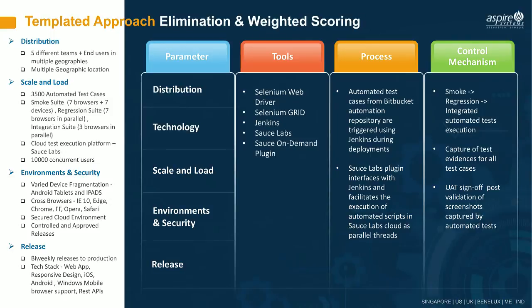And from the testing point of view, the volume which was to be tested was around 3,500 to 4,000 cases, and it had a definite suite-based allocation, like module-based test suites, smoke-based test suites, regression-based test suites, integration-based test suites. All these 3,500 test cases, which were grouped under these 3 buckets, have to be ideally executed in multiple varied environments like